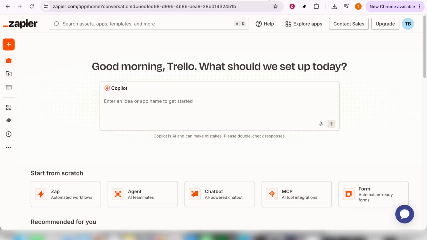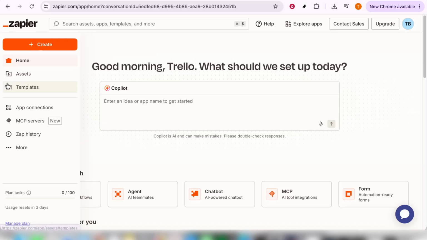First, let's get started by accessing Zapier. Once you're logged into your Zapier account, you'll be welcomed by the Zapier dashboard. This is the hub where all your automation magic begins. Now, to navigate to the list of zaps you have, look for the Assets menu option on your left-hand side. Click on that, and you'll be directed to a more detailed view of all the assets you have within Zapier,